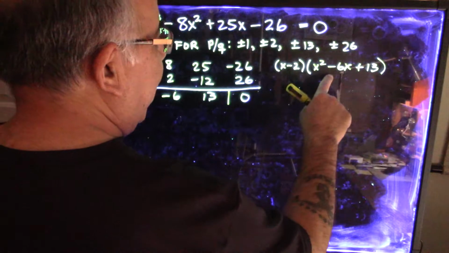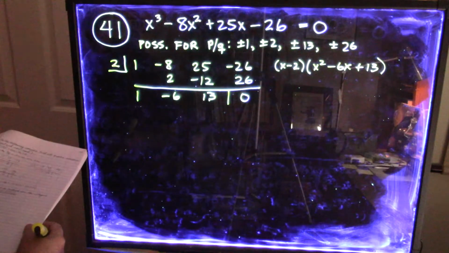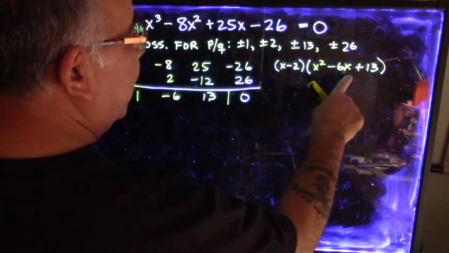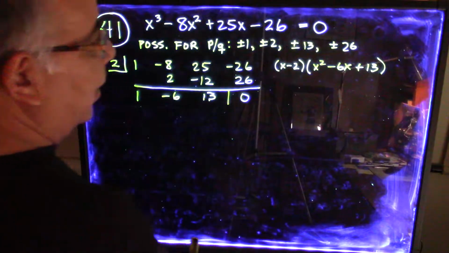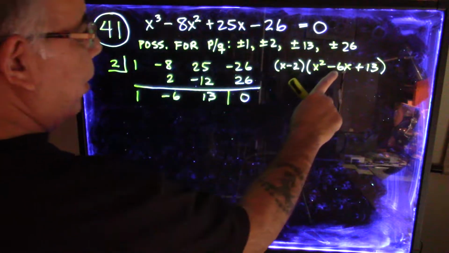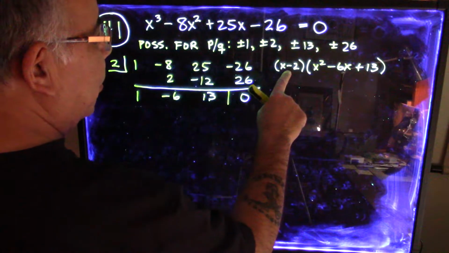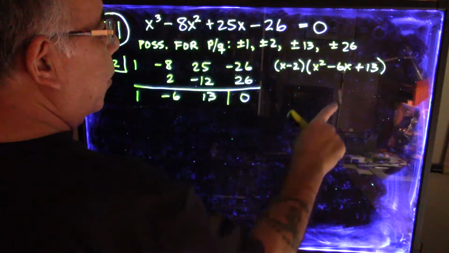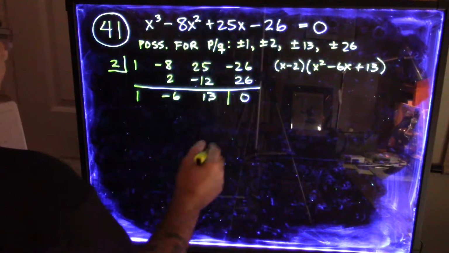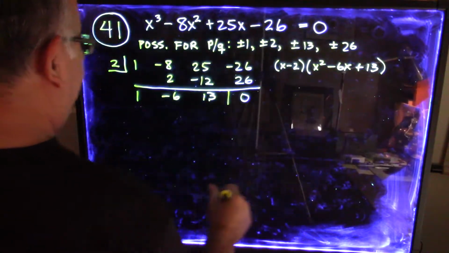Alright, now this one can't be factored over the integers. Also if you look at the discriminant, b squared minus 4ac, you'll see that it's negative. So what you're going to get are non-real roots out of this one. So we have one real root so far, that would be x equals 2. And we'll have 2 non-real roots, so a total of 3 roots, of course. So we're going to solve this quadratic for x